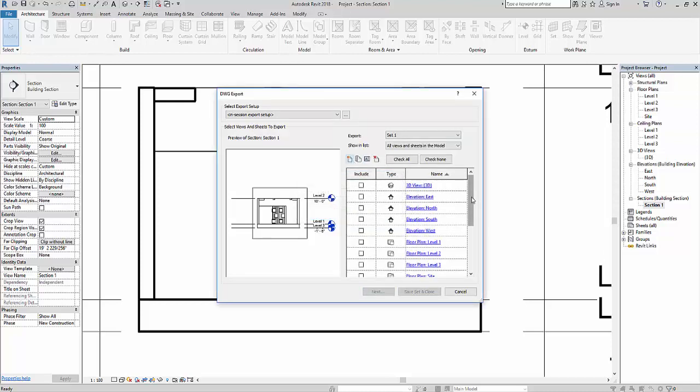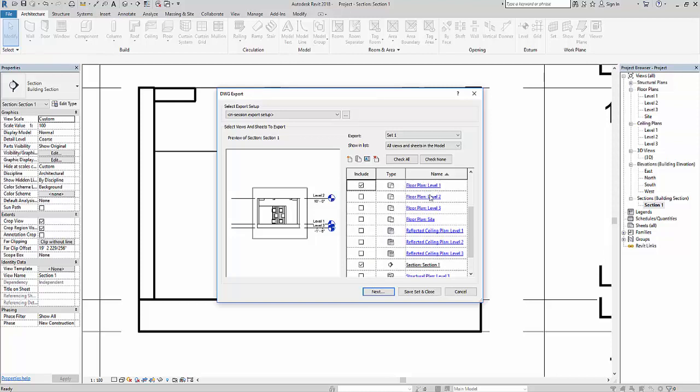You'll get all the sets of views that you have in your plan. You can see north elevation, east elevation, west, level 1, level 2, level 3. Whichever views you want to export, you can export them at once. Suppose you want the ceiling design, the floor plan, the 3D view, or the section line, you can just go on checking which things you need exported to CAD format.